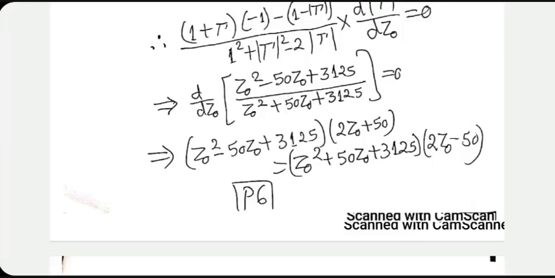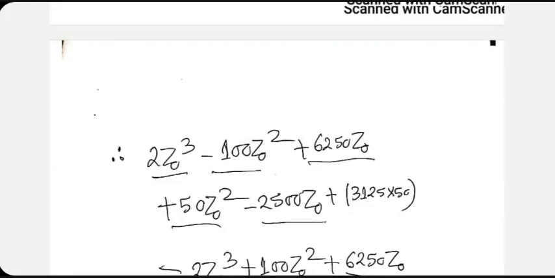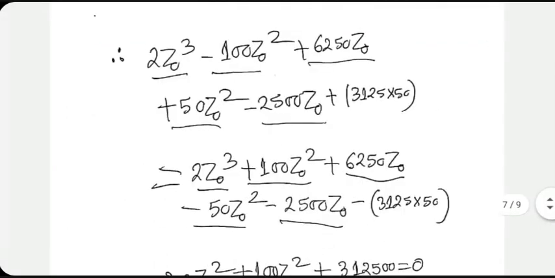Once you have got this, it's easy to do the differential now. Numerator multiplied by the differential coefficient of the denominator, minus denominator multiplied by the differential coefficient of the numerator, divided by whatever. The division would also disappear because there is a 0 on the right-hand side. The differential coefficient of the denominator is 2Z0 plus 50. The differential coefficient of the numerator is 2Z0 minus 50. That's what I have put here. And I solve the resulting equation. It becomes a cubic equation, but fortunately the Z0 cube term cancels out on both sides. A lot of things cancel out here.